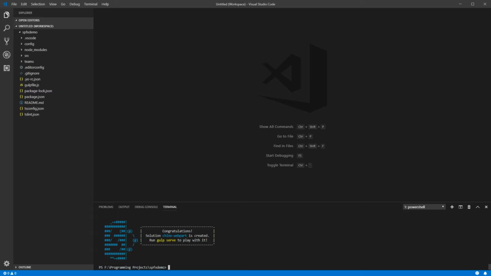What I do recommend first though, before we go any further, is just running this command here. If we don't do this, what will happen is when we run gulp serve, we will get a certificate error in our browser. So you only ever have to run that once and then it's done. Now, if we just quickly run up gulp serve,